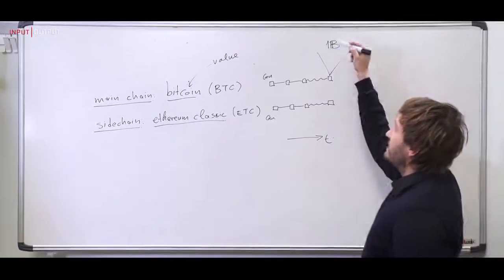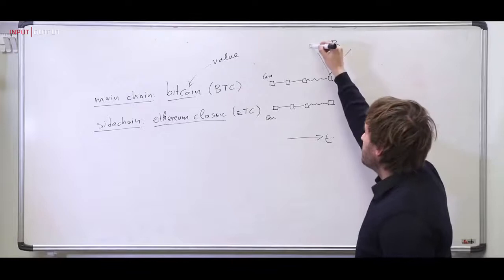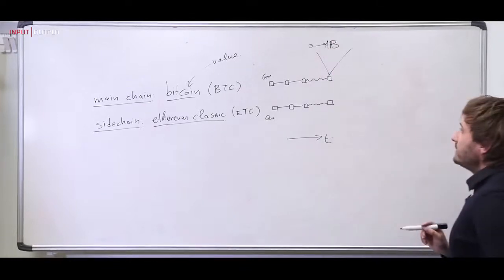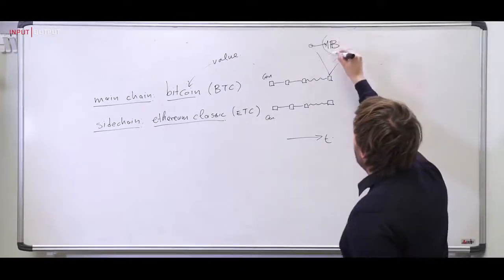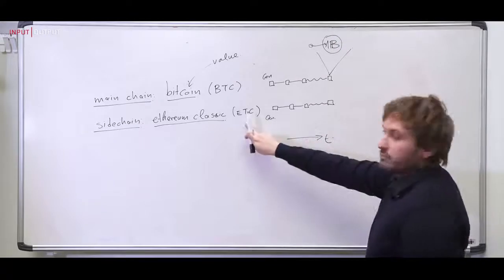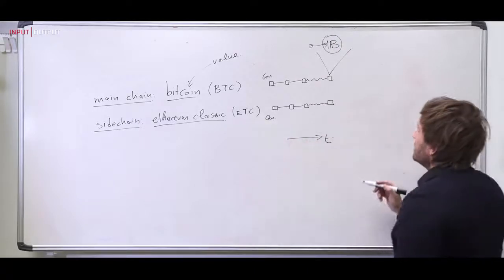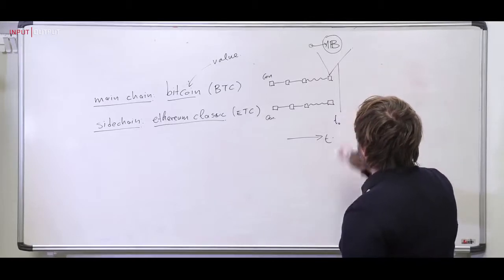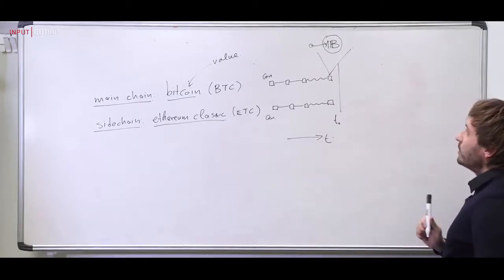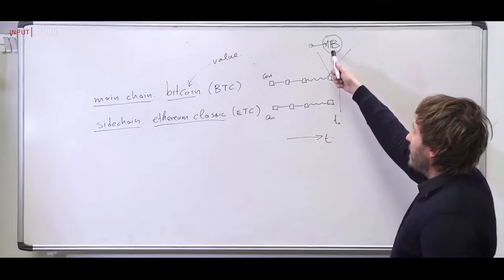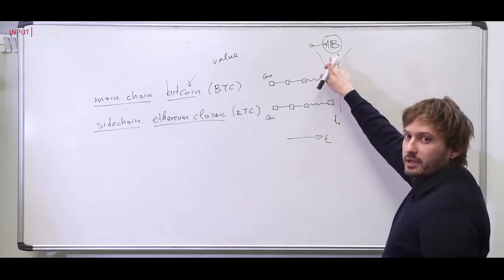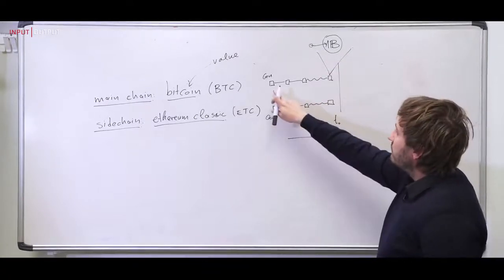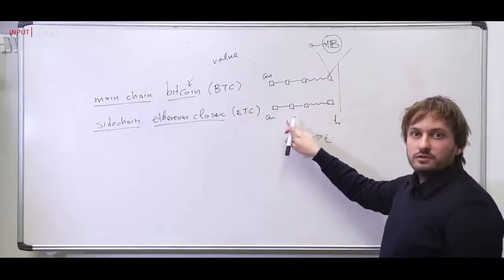Let's say I have a transaction that gives that amount to me. And then I want to move that 1 Bitcoin into the Ethereum Classic blockchain. So at some time, say T0, I want to be able to move that amount and have it remain a Bitcoin from the Bitcoin main chain